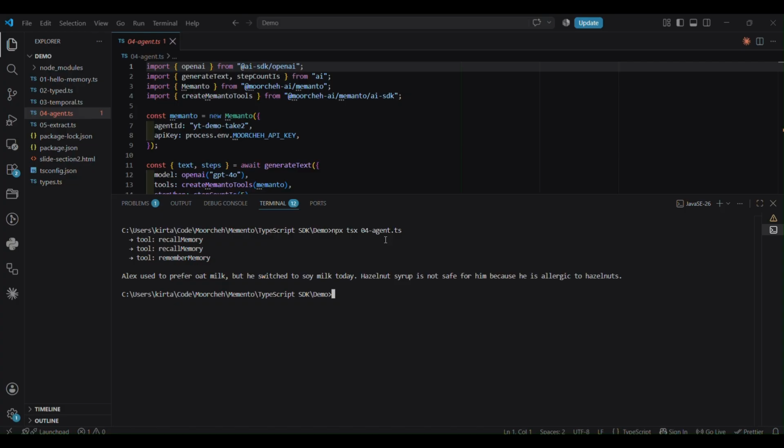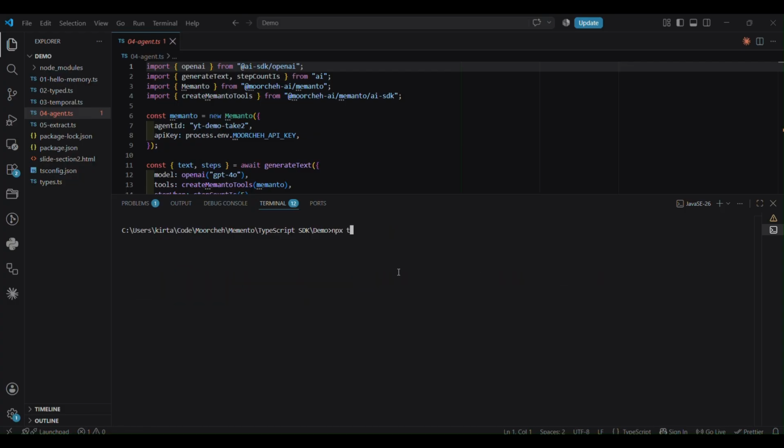Two tool calls it can choose on its own. It read memory to answer, and it wrote memory to record the change. That's an agent with a memory, not an agent with a long prompt. And so to prove persistence,